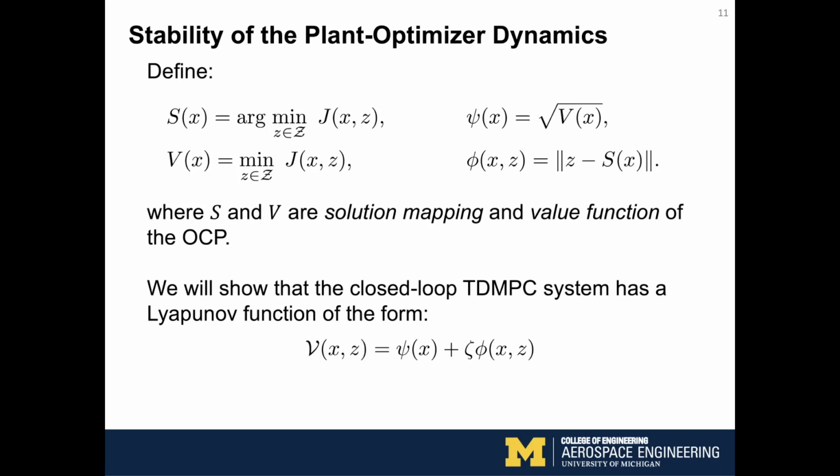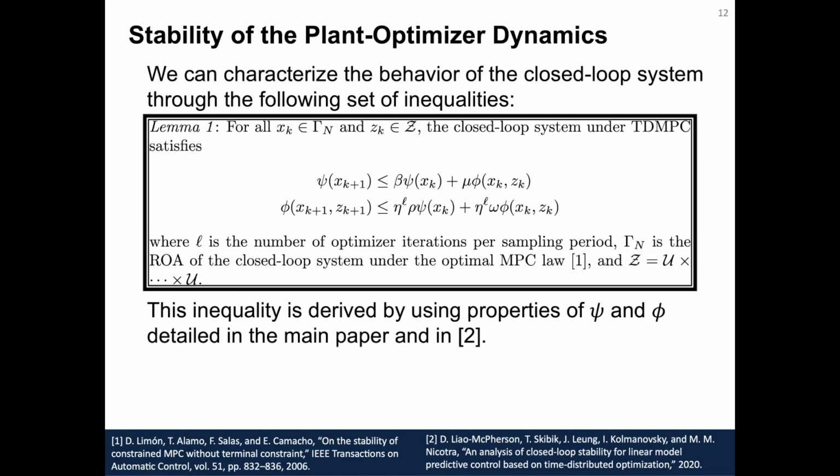So the way we're going to try to prove stability is to prove that these functions phi and psi are decreasing in time if we apply our ThA15 control strategy given enough iterations. So with this objective in mind, here's our first major result. It says that the time evolution of these functions phi and psi can be upper bounded by their previous values with some associated constants that are also dependent on the amount of iterations you perform, which is what this term represents here. And these other constants that you see in the inequality are all constants that we can compute in closed form as a function of the problem data.